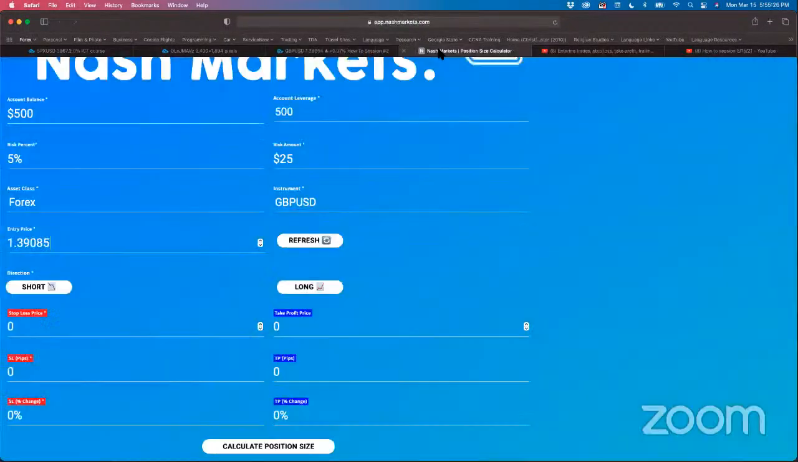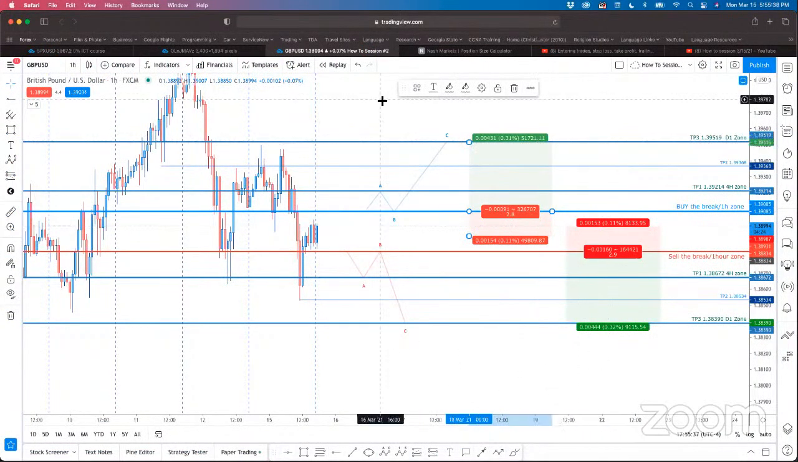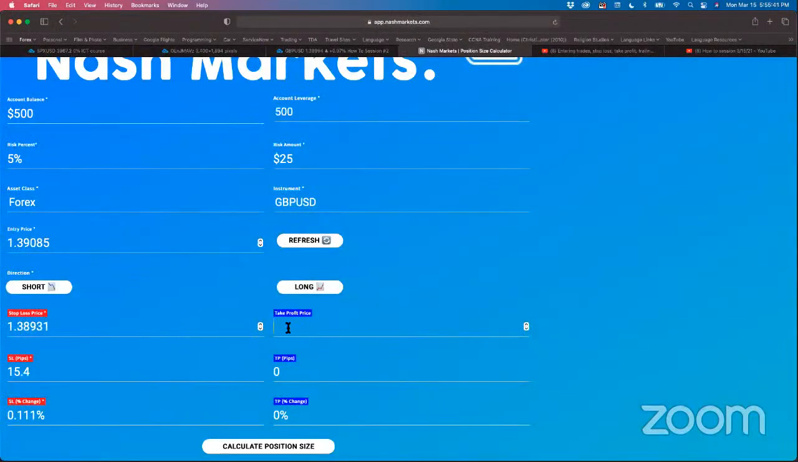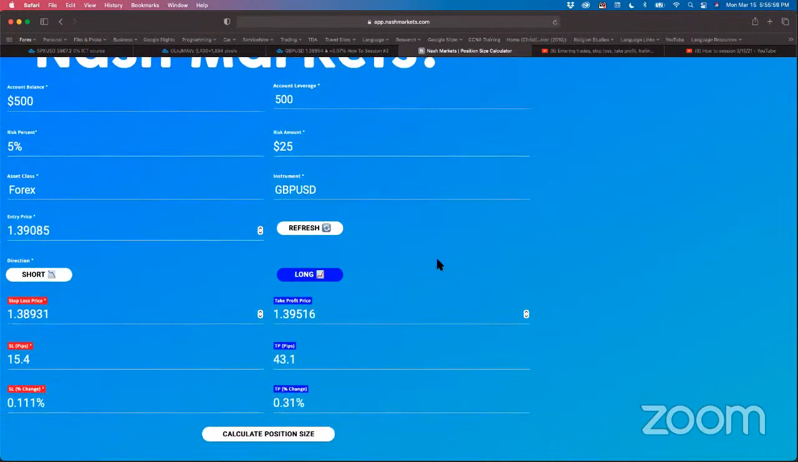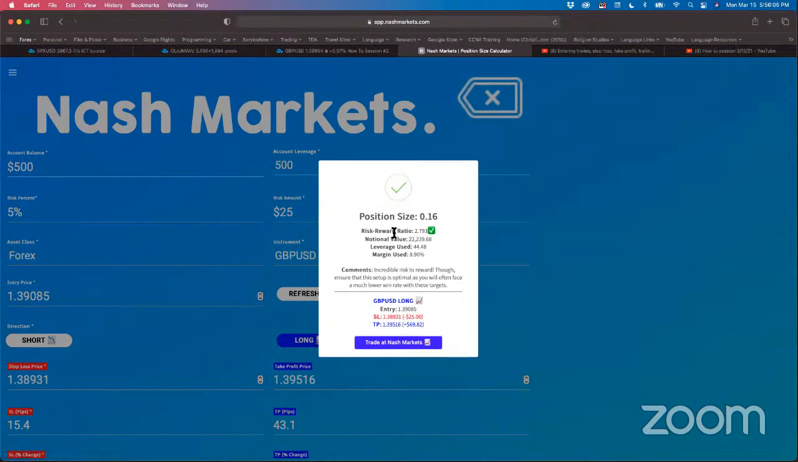Copy this. That's going to be my stop loss. And then my take profit is going to be TP3. We said TP3 is here. That's going to be that. So now we're going to be calculating the buy position. So we're going to enter in long, and then we're going to calculate what our position size should be. Okay, oops, I was being impatient. Okay, so your lot size should be a 0.16